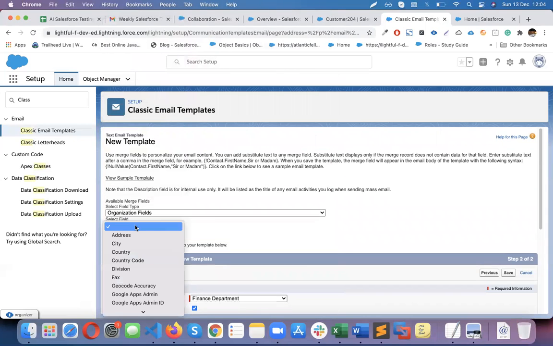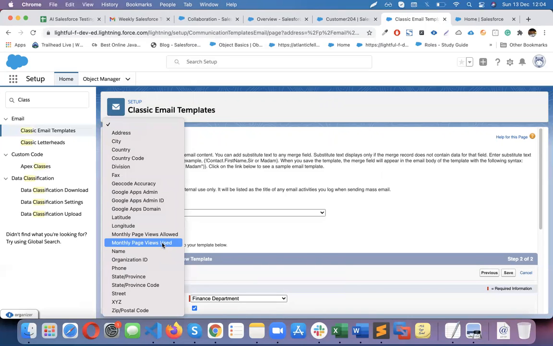Question, Sampath. Why is that exclamation mark? Does it mean like is not equal to or is equal to? No, it's a syntax basically. It's not equal to or not equal to, it's syntax. Whenever you merge the field in classic or Apex class, or even if you are using a Visualforce page, you have to use this syntax. In case of a Lightning template, it is a different syntax, which I will show you. That is 3 curly braces you have to put. I will show you that. Yeah, in a Lightning template I do see that. But here you have to use open curly braces, exclamation mark, and then the object name dot field name.